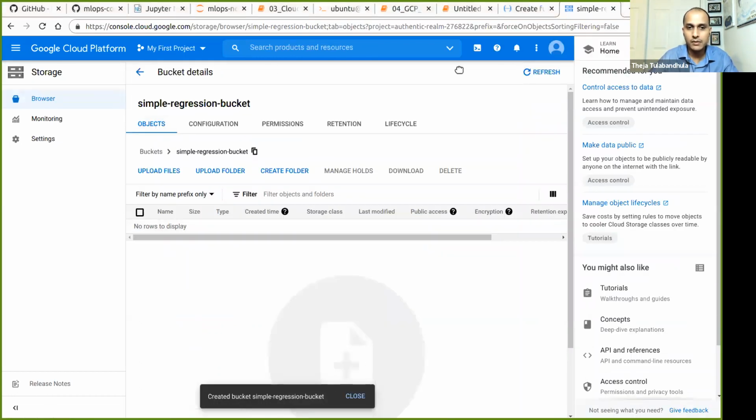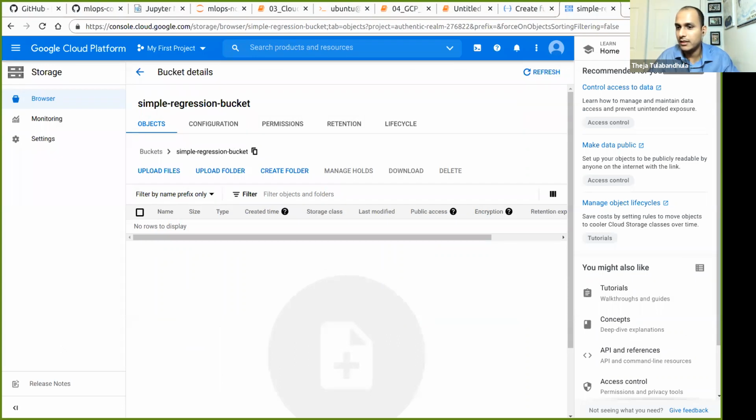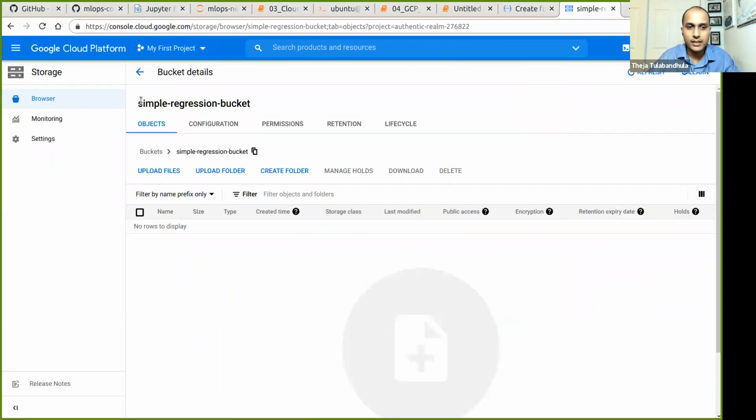What we see here is an interface. Let's actually close this learn part. So this interface is showing the name of the bucket or the folder that we created. And since we have this folder, there are clearly three blue buttons where we can now upload folders or create more folders, or upload files. We're going to just do upload files. You can see that there's this name called create folder, and previously it was create bucket. There's a slight distinction between them, but for now I will gloss over it. So we'll just upload file.